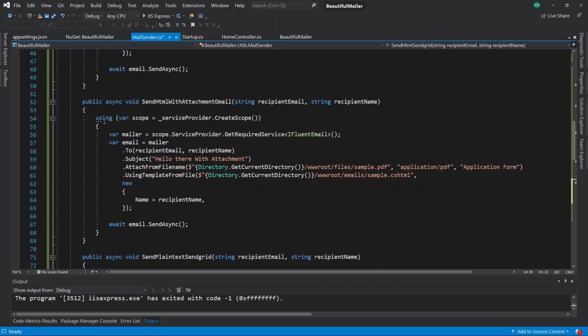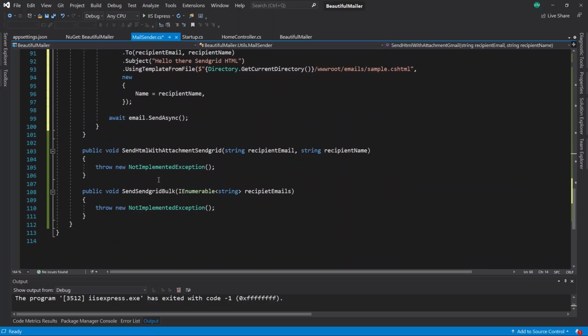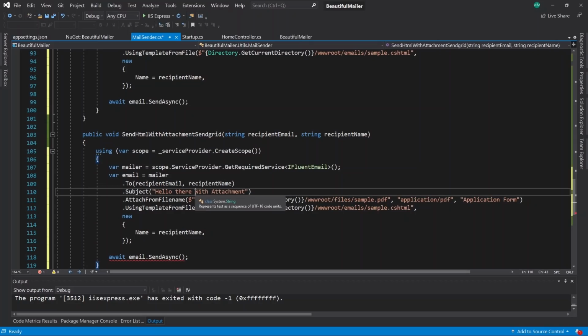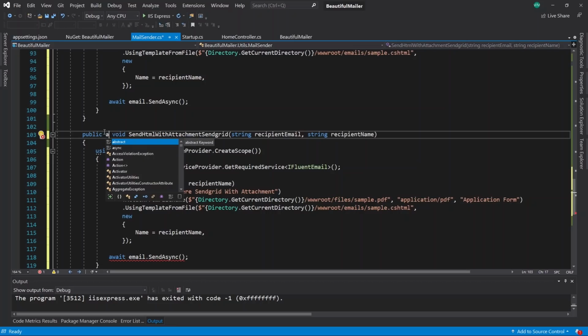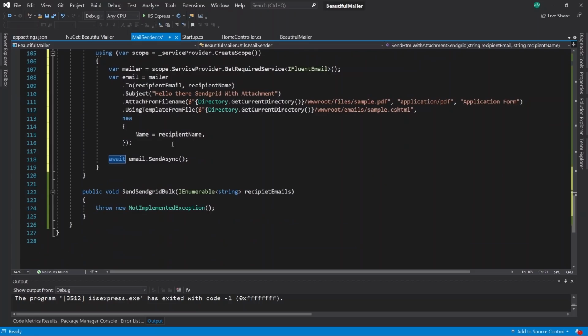And the same way, I can just copy with attachment and paste it here. Hello there, SendGrid with attachment, and this should just work the way it is, right? Okay, now the final one, and a bit of an interesting one, is this. So this is a situation where